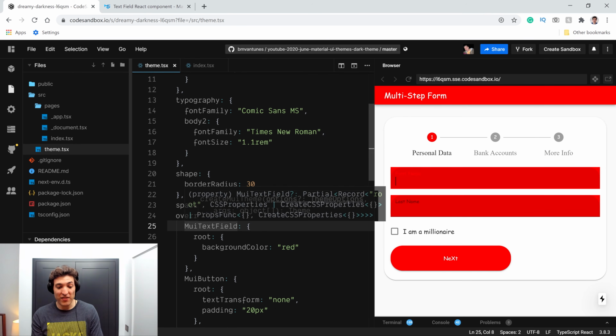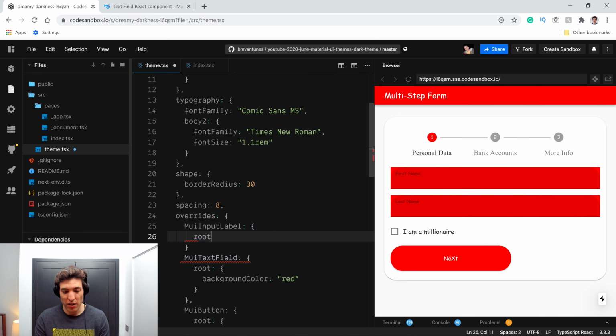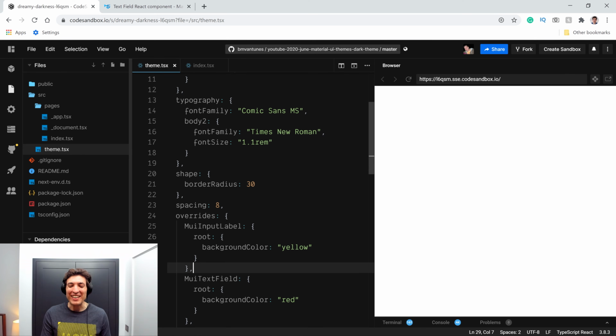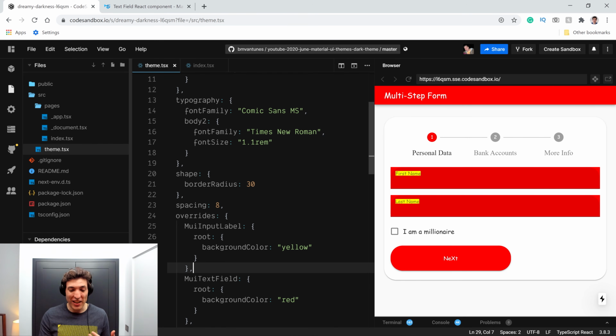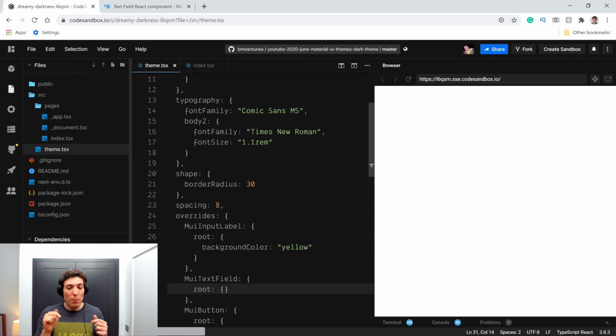And now that we have that component name, we can come over here, type that component name, and then we can say that the root of that component name will have a background color of, for example, yellow, just to be really ugly. We are in a way to make this ugly, so let's go hardcore on looking ugly. So now our background for that one is, oops, I changed the wrong place. So I don't want to change this one. And you will see that we now changed the label.